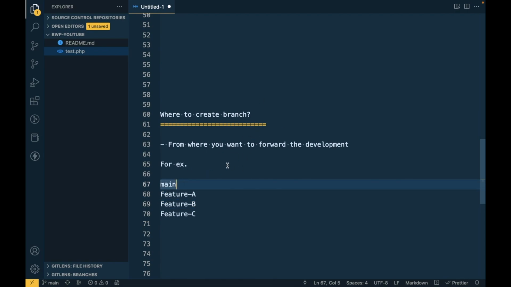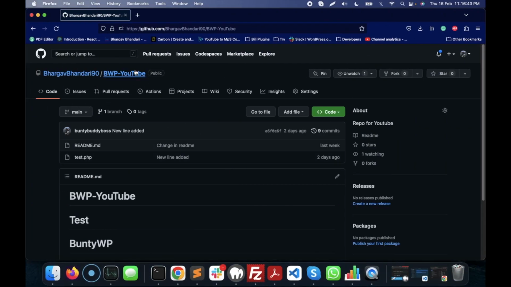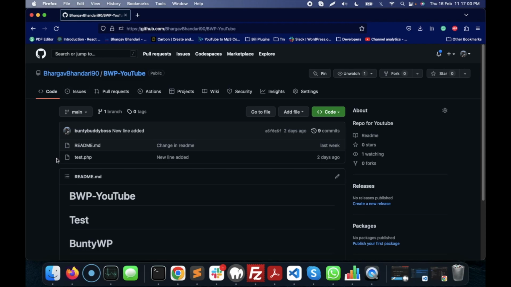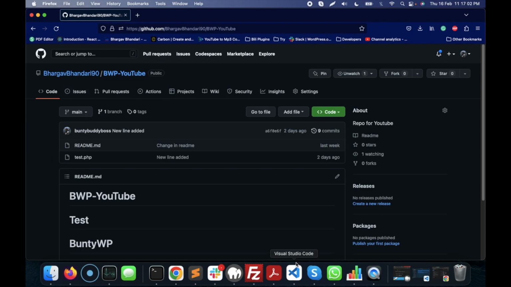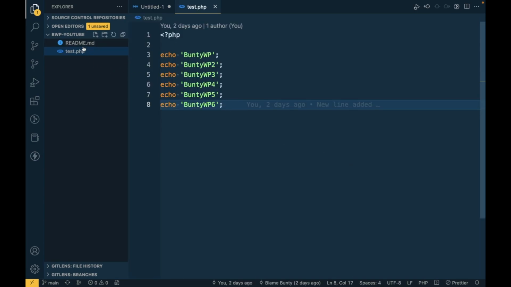So now let's try to create a new branch for this repo. This is my repo and it has only one branch. So this is very simple. We are clear that we are going to extend this feature from this branch only. So how to create a branch? For that, I am going to open one file from this repo